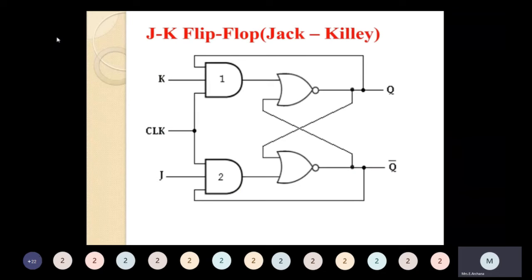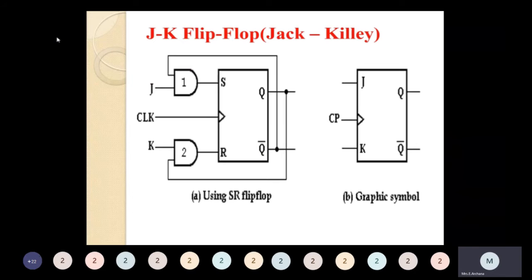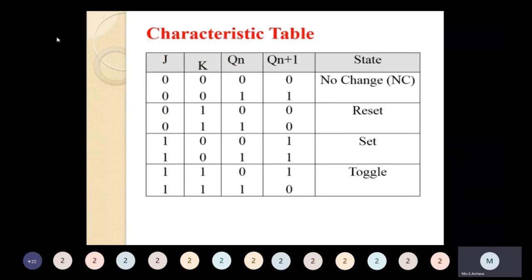Next, in the case of the JK flip-flop, this is the diagram: the JK flip-flop implemented using an SR flip-flop, and the next one is the graphic symbol. It is dependent on a clock signal, so the clock signal is used. The characteristic table is similar to that of SR, but in the last case we have got the condition